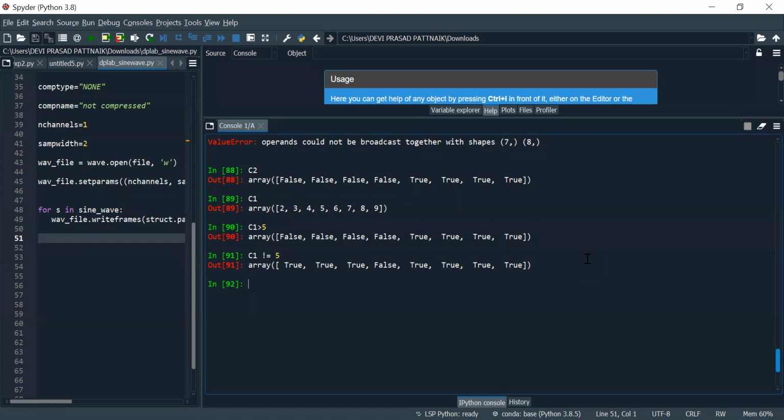Only 5 is equal to 5, and the rest of the elements are not equal to 5. So the first 3 are true, 5 not equal to 5 is false, and the rest are all true. So this is another logical operator that can be used. Similarly, you can go for less than and other things.